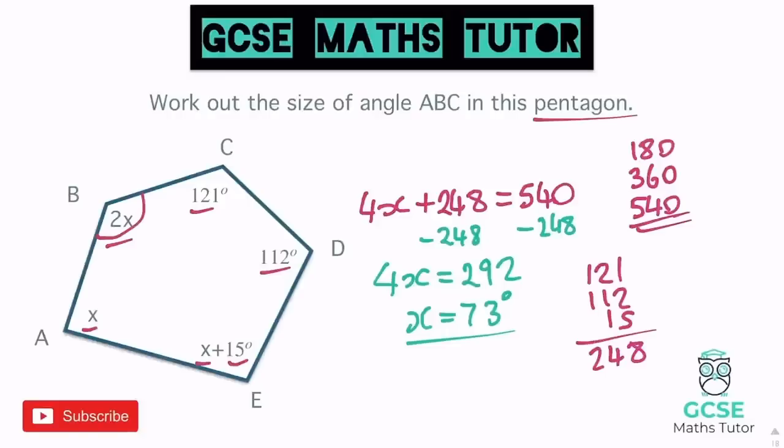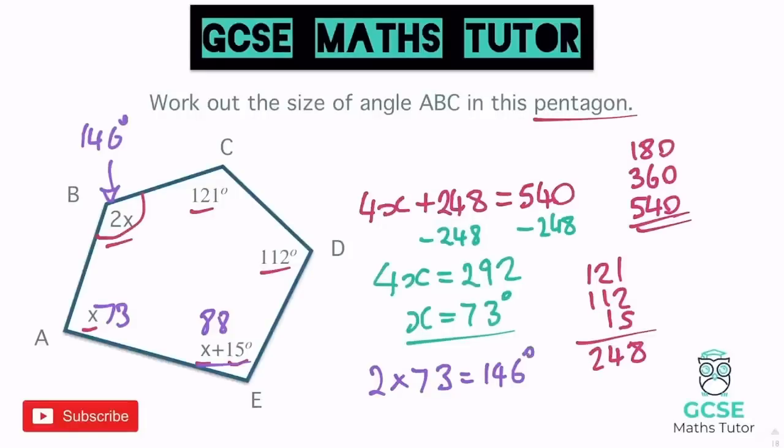I'm not quite finished the question here because it does say work out the size of angle ABC. Now the size of angle ABC here is 2x, so 2 lots of 73, 2 lots of x is 146 degrees. So that one there would be 146. Again, we could work out any of these, we would know that that one now is 73. And x plus 15 down the bottom here would be 73 plus 15, which would be 88. And if you add those all up just to double check, you will get 540 degrees,